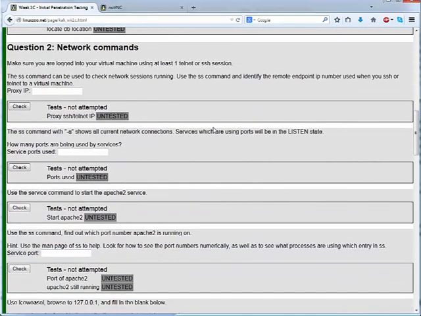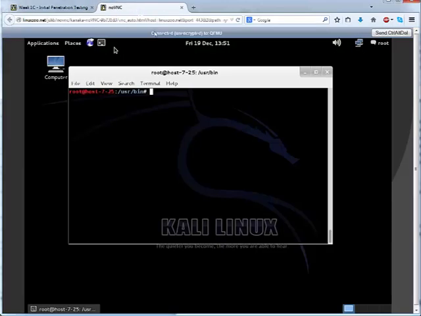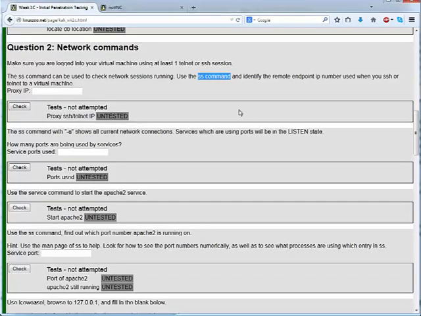Now we've got network commands. We're going to look at the ss command. There are various network services commands, but we do need to know about network services which are running on Kali. Kali is a specialized Linux distribution, so it comes with quite a lot of pre-installed tools, and also some pre-installed services. If you download the Kali VM and create your own pen testing virtual lab on your laptop, you'll find it may be set up slightly differently from the